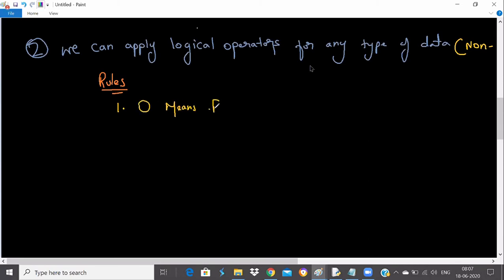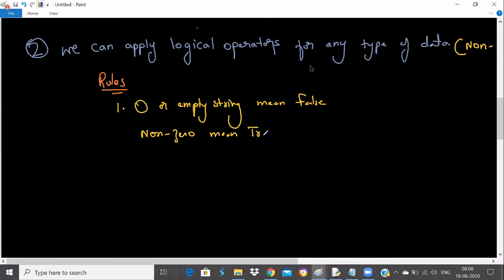Zero or an empty string means false, and non-zero means true. This is one point, as you all said. Till now, you all are correct. Even in Python, zero or empty strings will result in false, and non-zero means true. That is 100% correct.